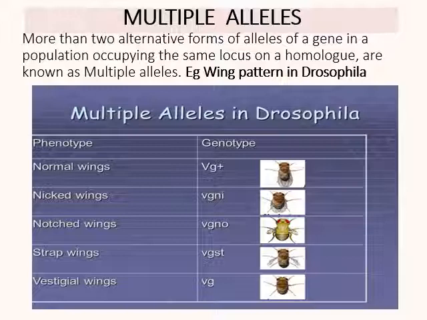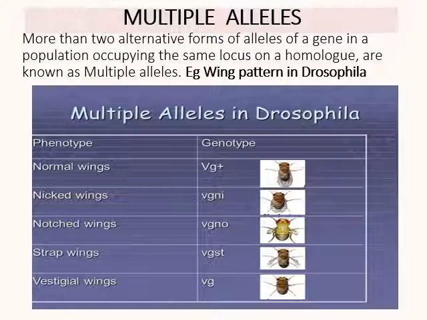While studying the law of dominance, monohybrid cross and dihybrid cross, we had studied that one allele controls the character of one gene, that is, height of the stem. It is controlled by only capital T or small t. Capital T for dominant, small t for recessive character. But here in neo-Mendelism, multiple alleles, that is, more than two alternative forms of an allele of a gene, control different characters due to mutation. Here, for example, Drosophila wing size.